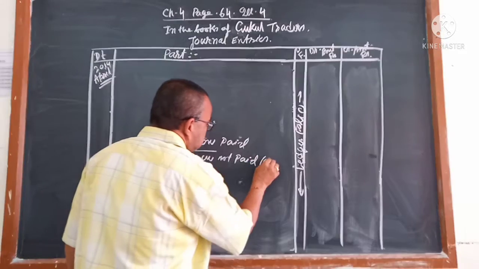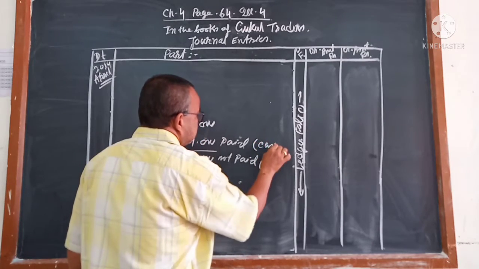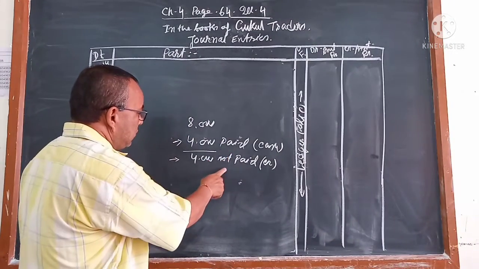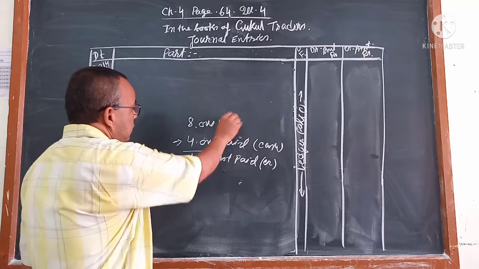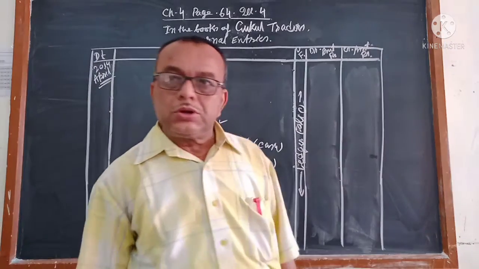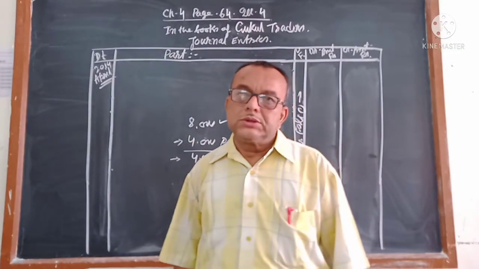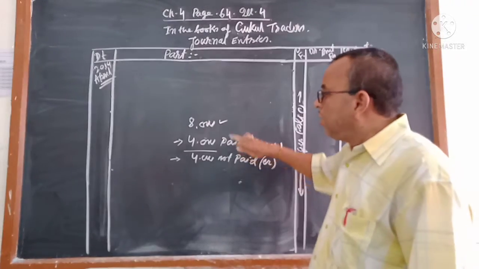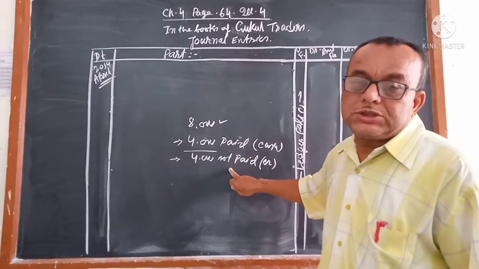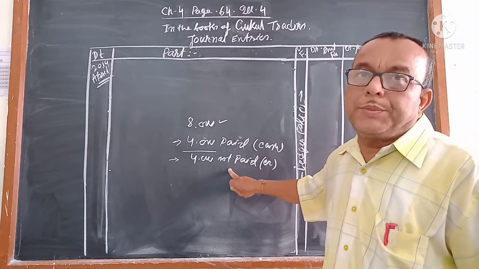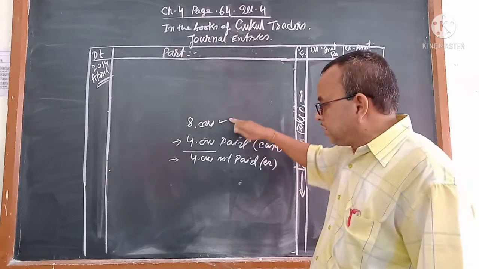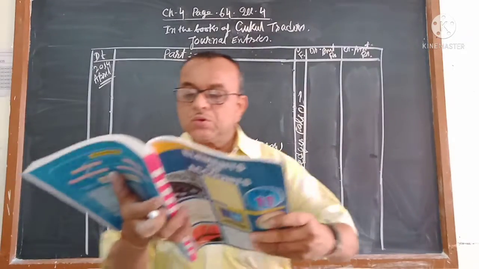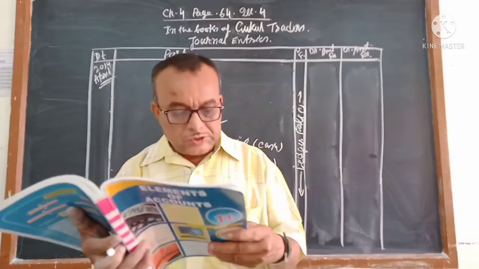The not paid transaction is credit and paid transaction is cash. It is a combined journal. So how much you paid? 4,000. How much not paid? 4,000. And total amount is 8,000. So purchase account debit to cash, to Rishikesh. If you make it a separate journal, then one will come purchase account debit to cash 4,000, or a purchase account debit to Rishikesh 4,000. So purchase twice debit comes. So once we write purchase account debit to cash to Rishikesh. That is purchase account debit 8,000, to cash 4,000, to Rishikesh 4,000.